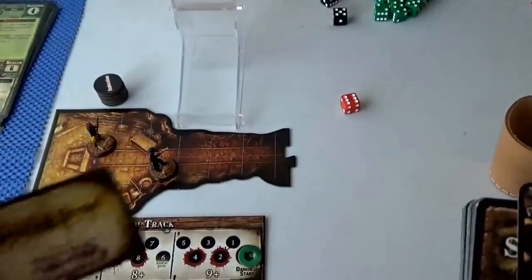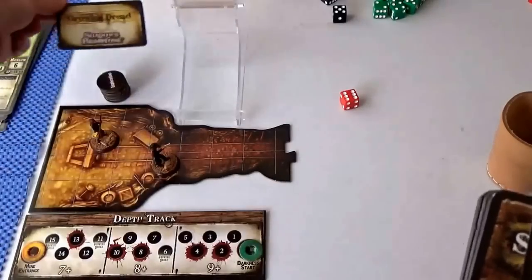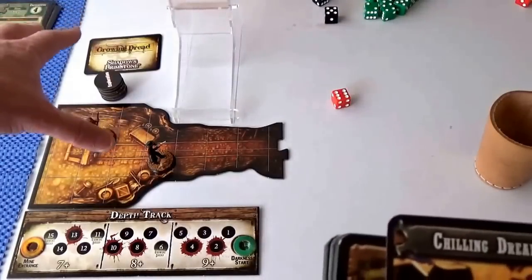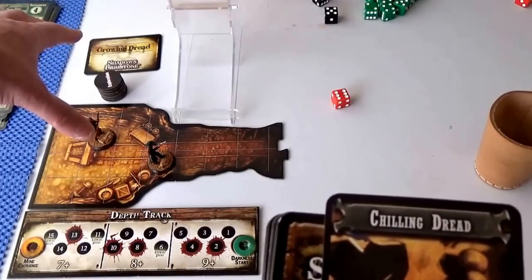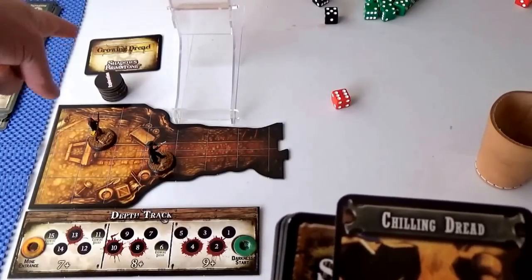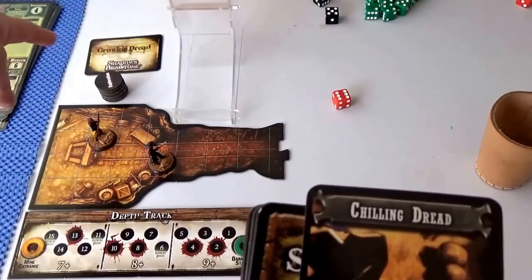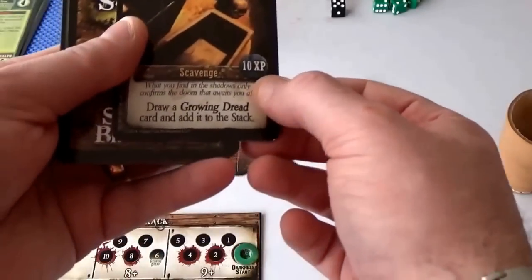So like I said, these actually stay in the stack. We'll put it there just above the exploration tokens, such time as if we do get to the final battle against the boss in the final room, we'll have to reveal everything that's in that stack and take all the bad stuff before we even kick off the final fight. But we do get 10 XP